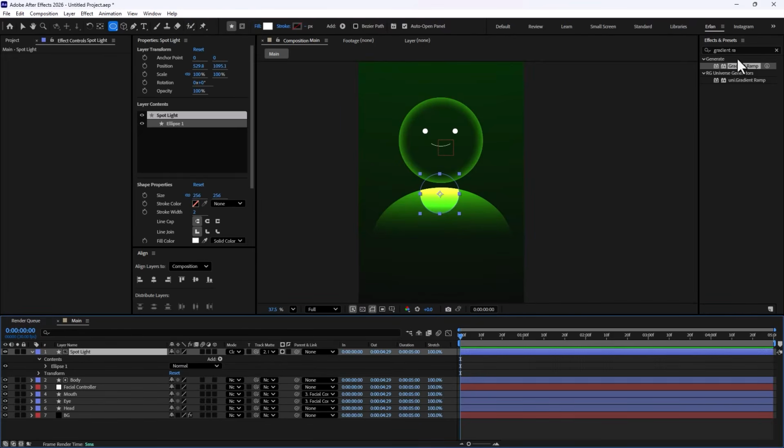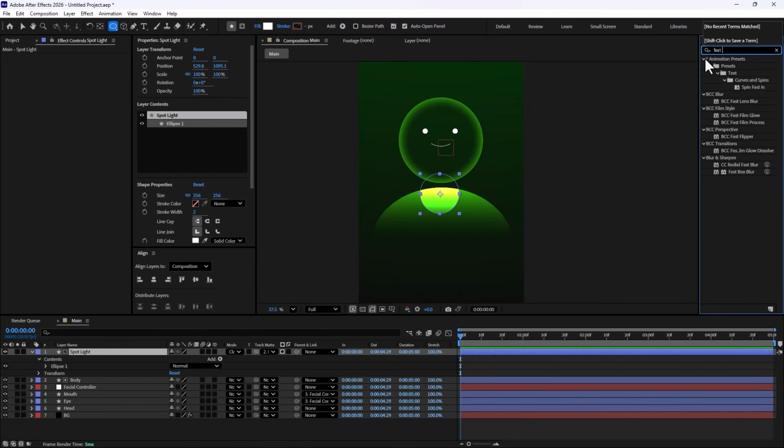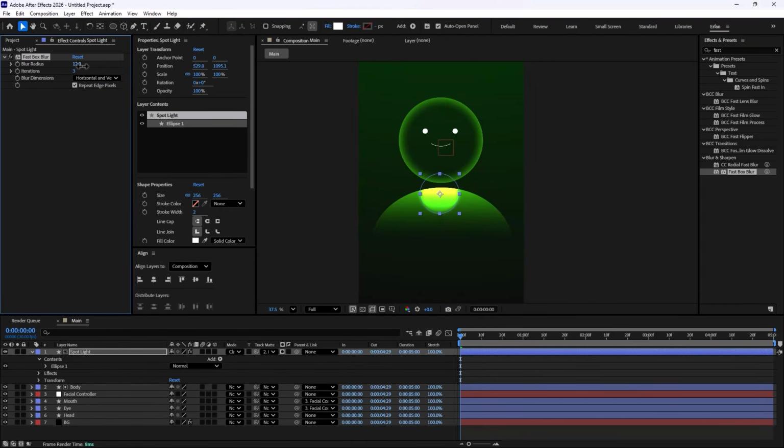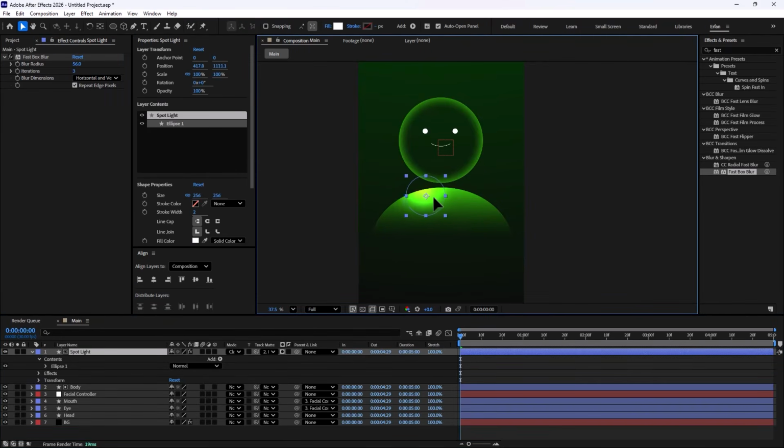As soon as we do that, we will have a color like this. Now, in order to finish the spotlight, all we need to do is go towards the effects and presets tab, and then apply the Fast Box Blur effect to the spotlight. Now, all I need to do is increase the blur like so. As you can see, I have a blur, I have a spotlight that I can change.